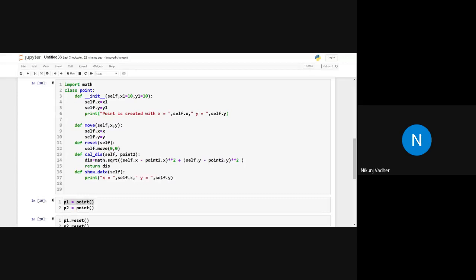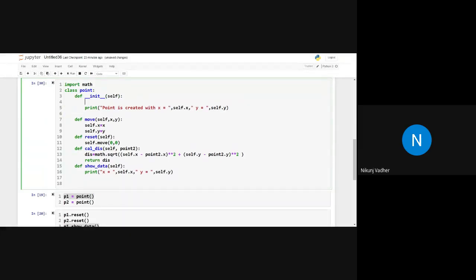Yes, anyone from class? Yes, that is the constructor, but in that case we will use the already implemented method.